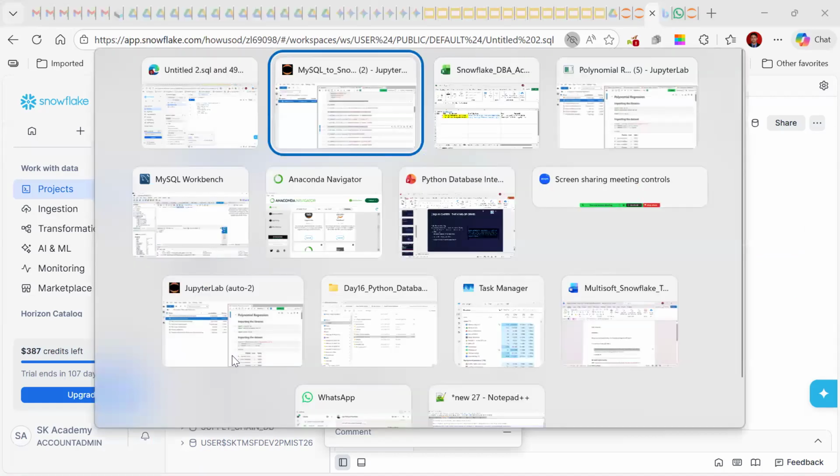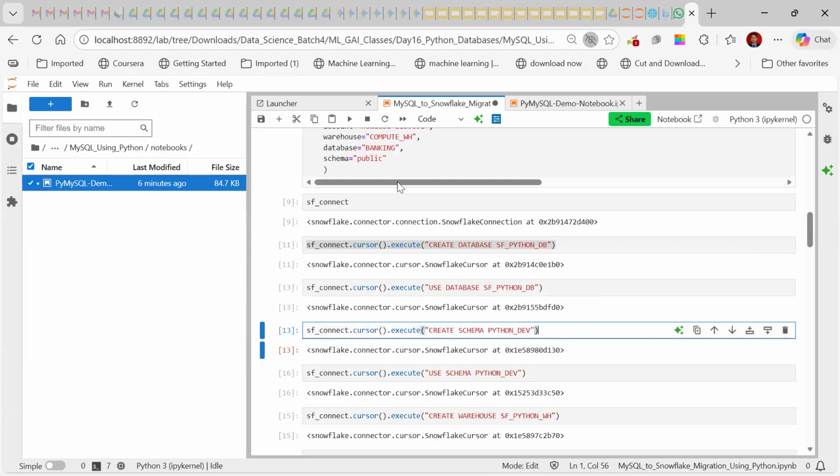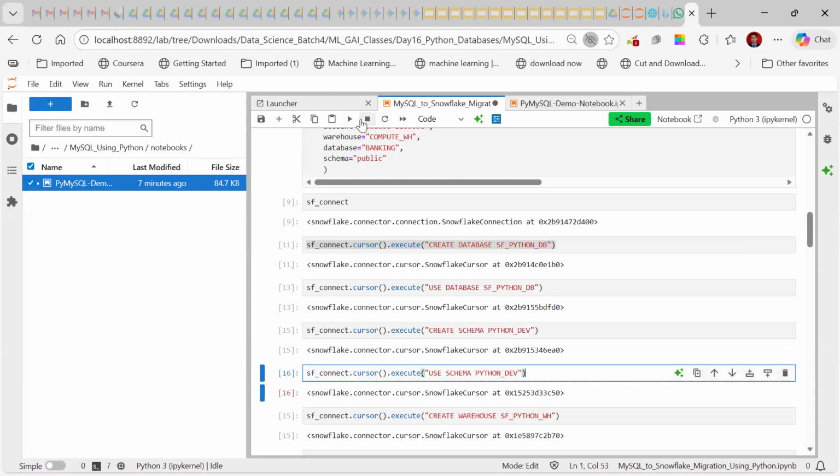I will run this command. I'll create a new schema. When I run this command, cursor is a method here. Cursor execute: this SF cursor is like a module, and execute is also a function. Okay, cursor is a module here. By using the execute function, we will run the Snowflake command from Python. So when I'm running this, it should create a schema now, and should point to the schema also by